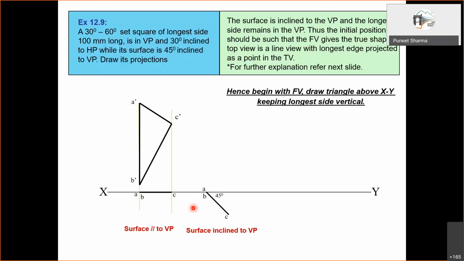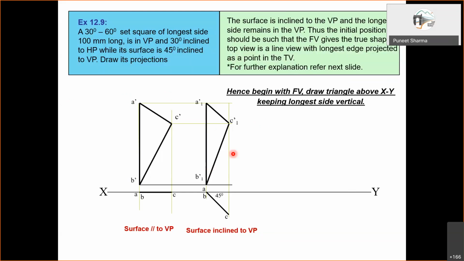of this set square inclined with the vertical plane, but the position of these corners from the horizontal plane we are not changing. Therefore, B dash will maintain the same distance from the XY line, C dash will maintain the same distance from the XY line, A dash will maintain the same distance from the XY line. Okay, and then drawing these projectors from A, B and C, we locate the reduced size. Okay, so here the inclination of the surface is achieved,